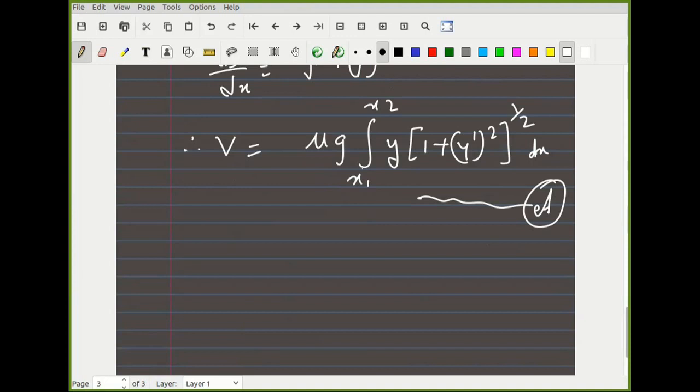So among all paths that the chain takes, for what path, or for what y equal to f of the independent variable, is the potential energy minimized? That means we have a functional. So your functional here is